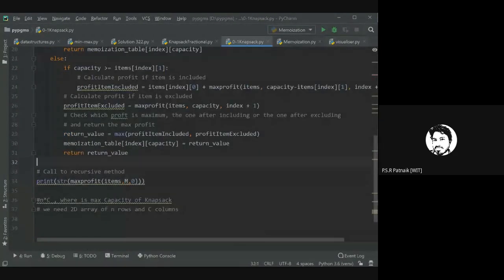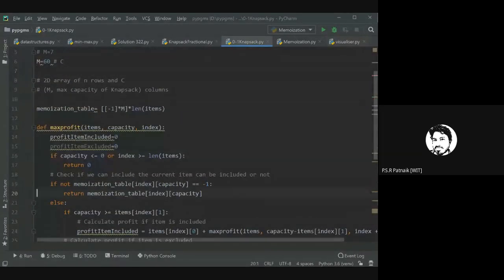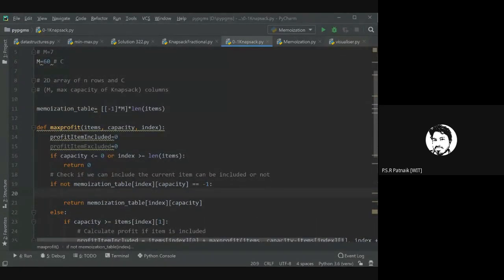Okay. So to verify this, let me put a small print statement here. What I want to print is the capacity and index, right?